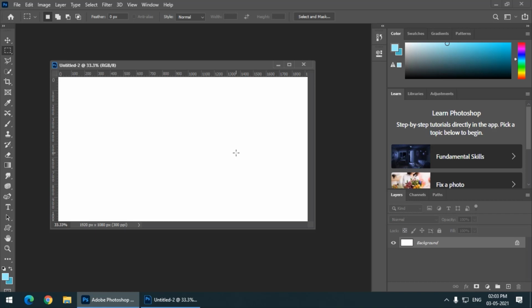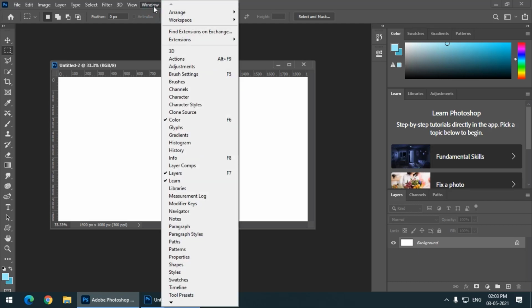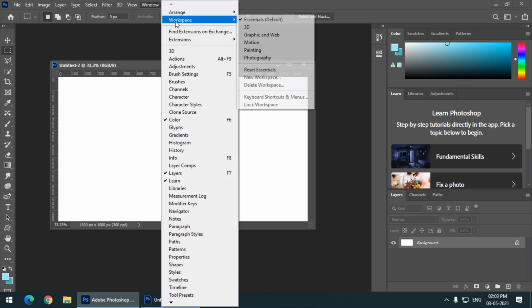But let's say I want a particular interface or list of panels and tools according to my liking, then we can also save our layout by using the same Window, Workspace, and we can arrange these panels.